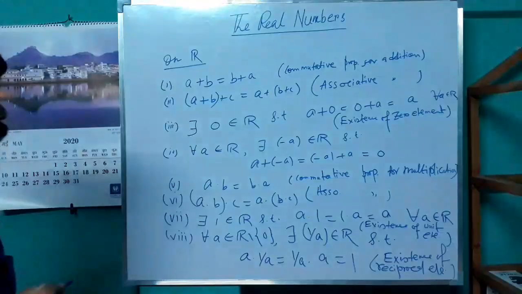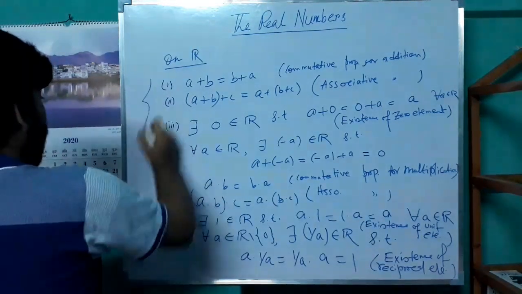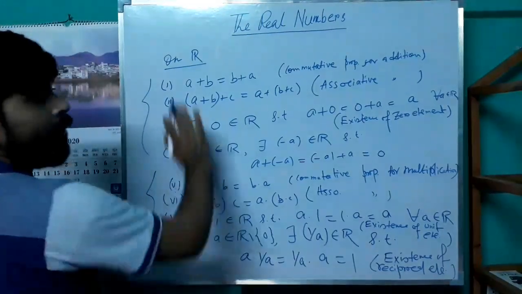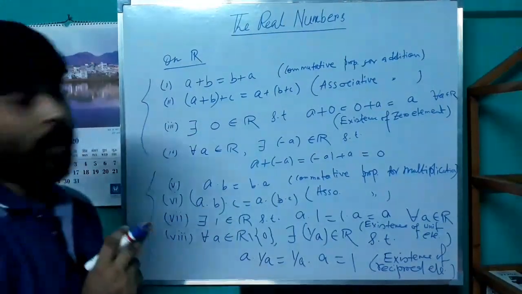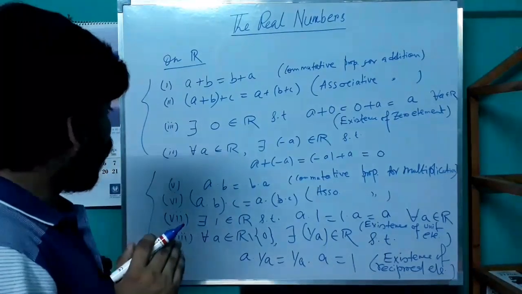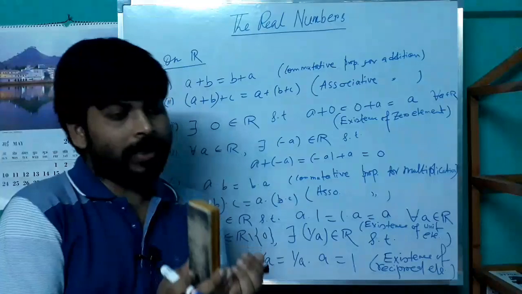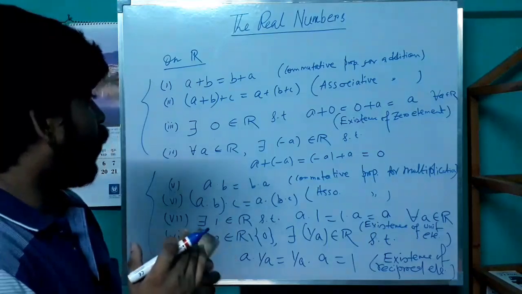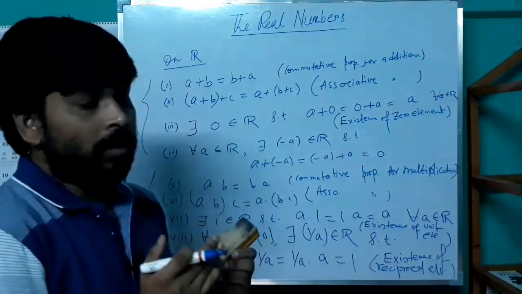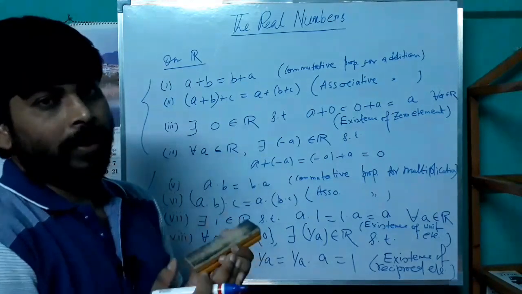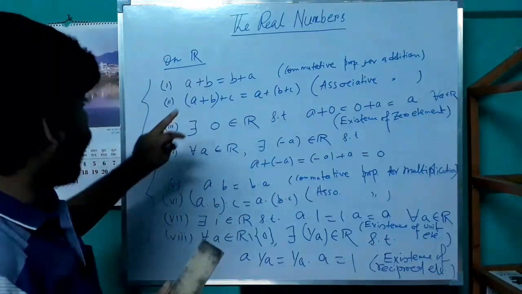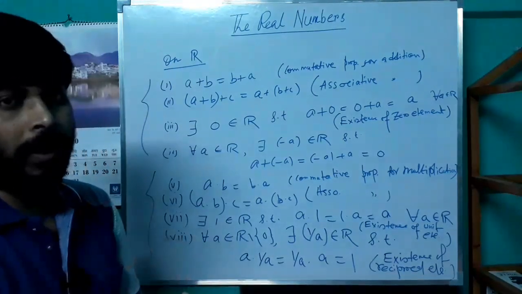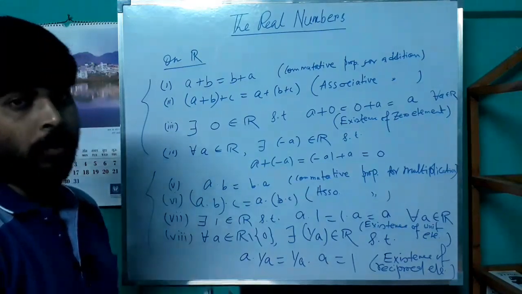So under addition there are 4 properties in R, and under multiplication there are 4 properties in R. There are 2 binary operations in R. If on some set there are more than one binary operations, then to do algebra on the set we need to connect the binary operations. So here we connect the binary operation addition and the binary operation multiplication by a new property, known as the distributive property.